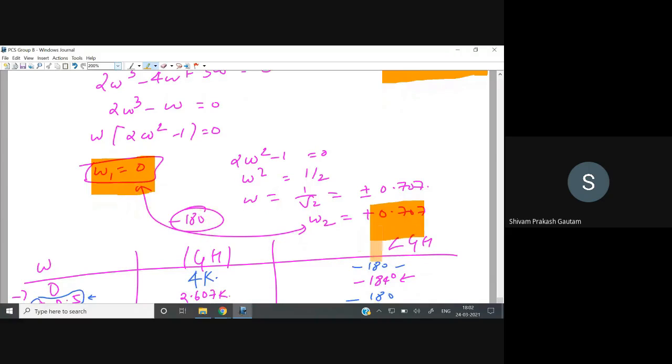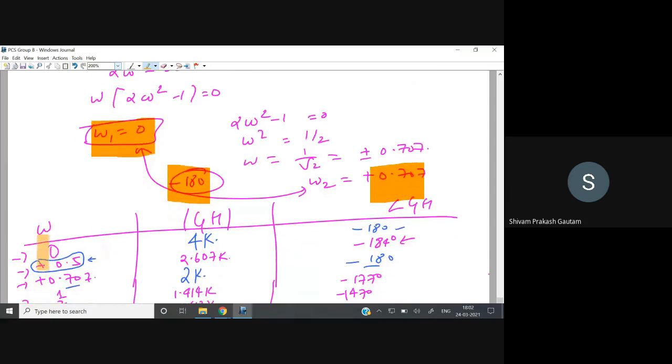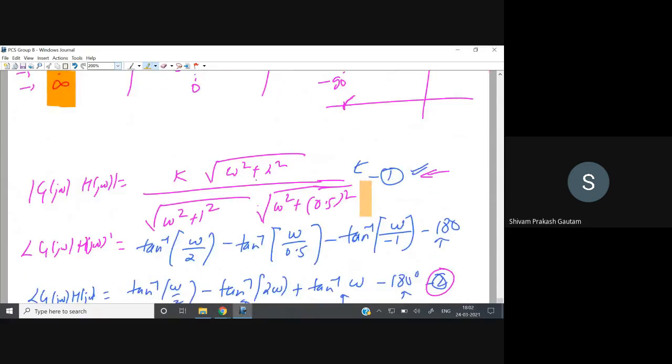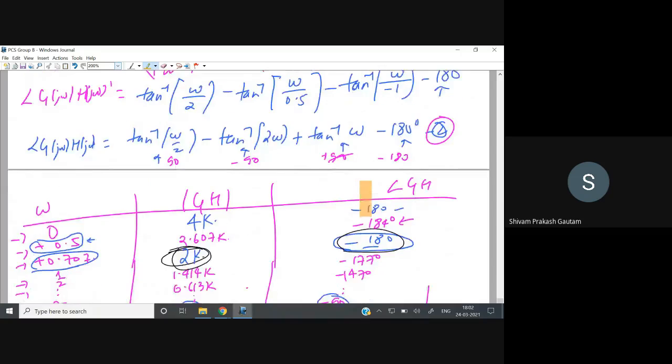So right now, at two different frequencies, it is cutting the minus 180 degree line, that is 0 and 0.707. In between these two, we have to consider one point, or you can also consider two or three points to be sure in which direction your plot will move. And from 0.707 to plus infinity, you also have to consider some points. Then you have to calculate magnitude and phase by putting them in the equation, right? You can see we have calculated and got different values.